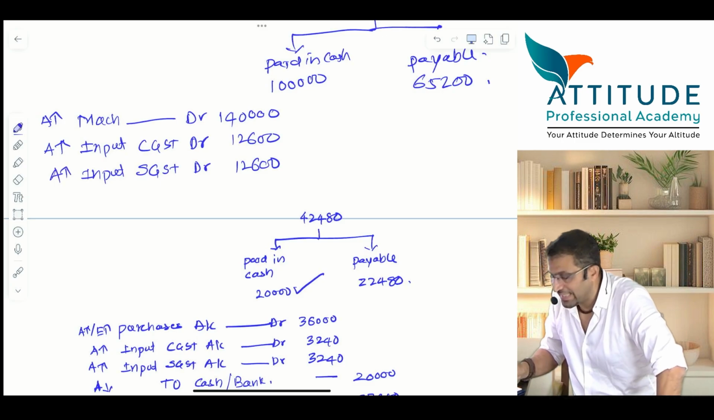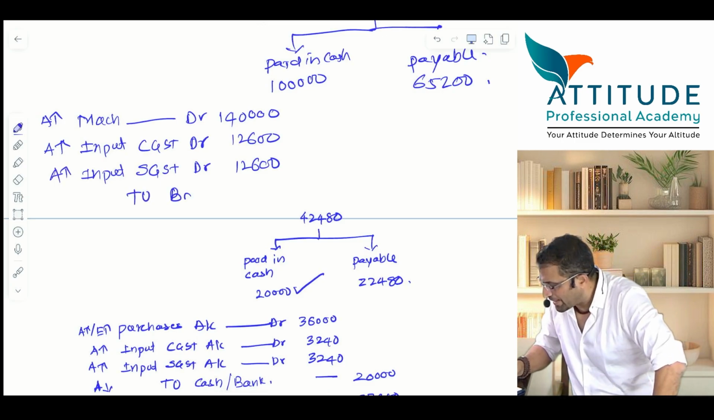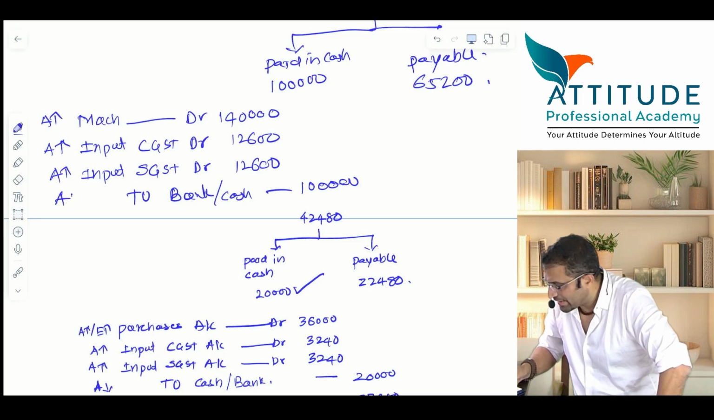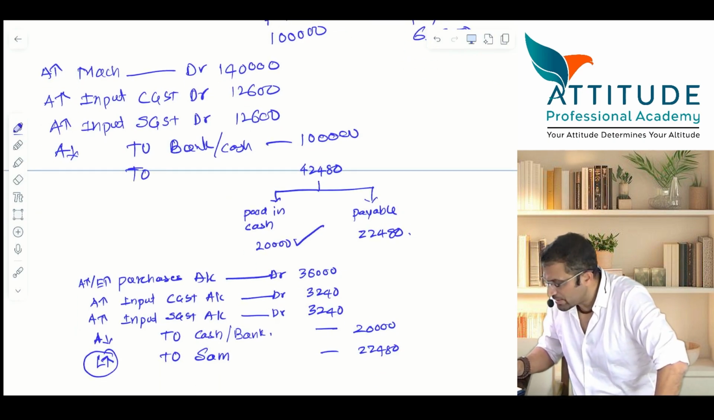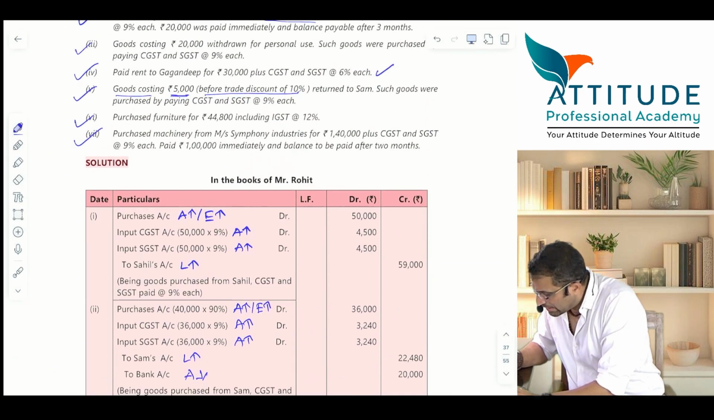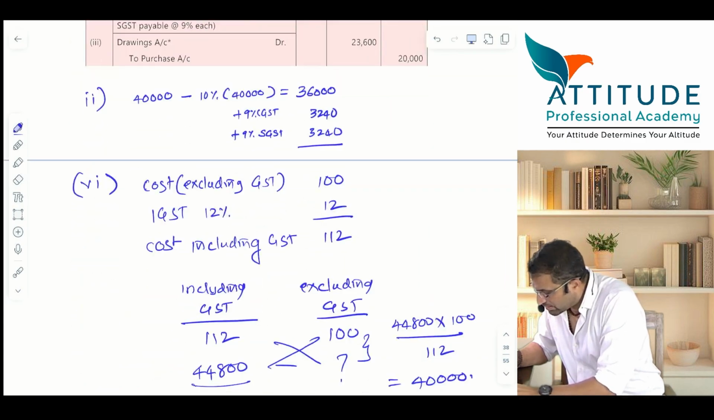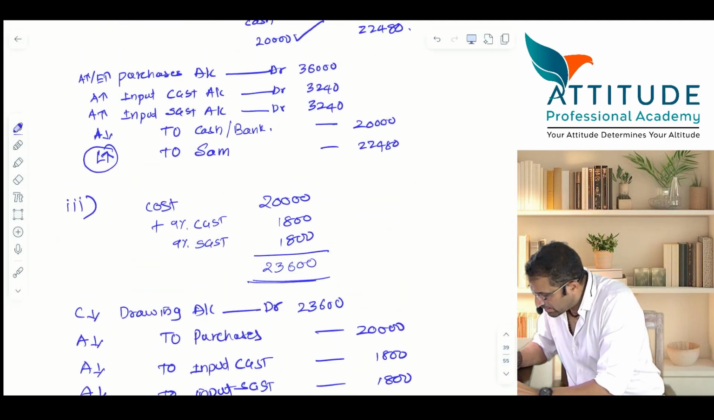Asset increases, debtor, government is a debtor. To bank, how much have you paid? Cash or bank, whatever. How much have you paid? Asset reduces. And last one, to, who is that useless fellow? Huh? Symphony hai. अरे कहाँ गया? हाँ,